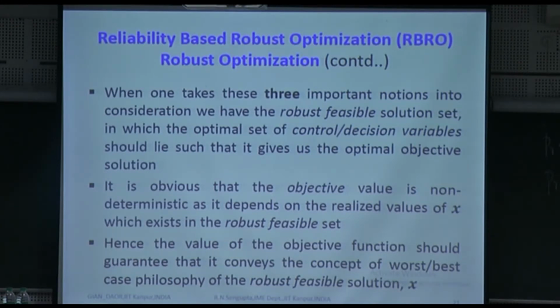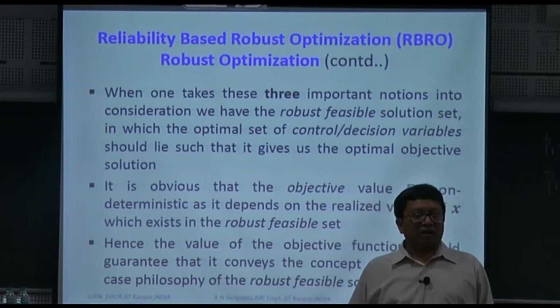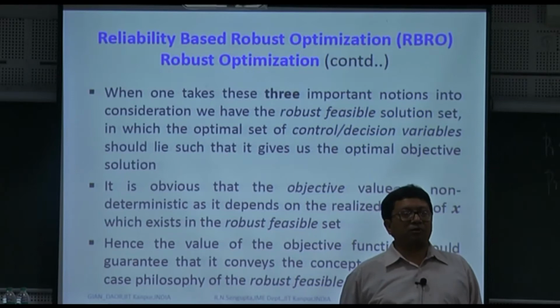Say for example, you are trying to design a car. So your decision variables may be the material you are going to use. So what is the Young's modulus, or say for example, the strength of the material of the outer casing of the car, or the strength of the door. Obviously, the things which are under control, you may think that speed is under my control, but there is some fluctuation. So maximum speed can be 120 plus minus 30 kilometers per hour. While other things which are not under control may be, say for example, the wind velocity, or the condition of the road.